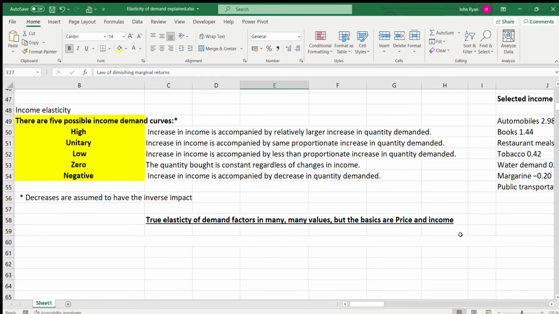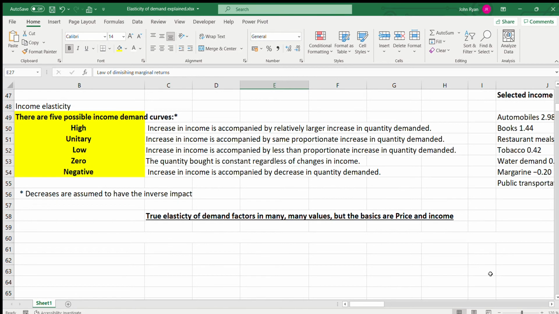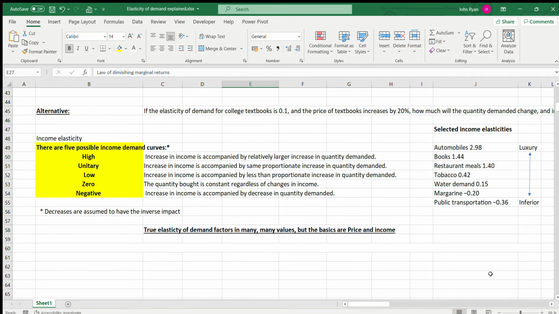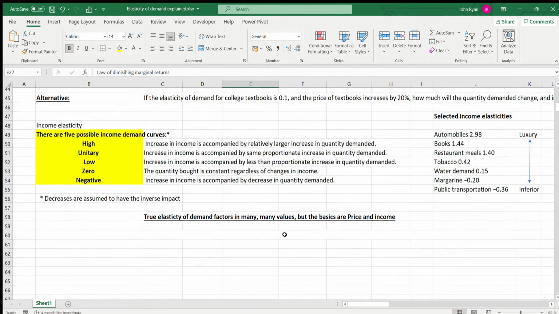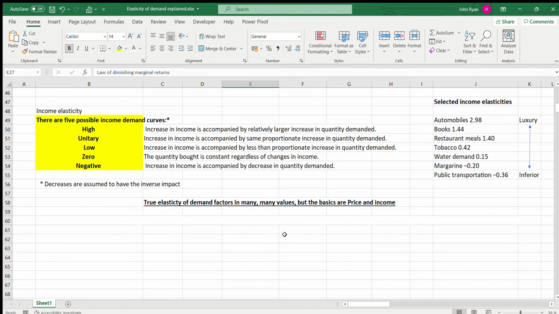Now, the other side to all of this, in the text here, is just to try and show you the 5 income demand curves. Now, this is assumed, so when we factor in the elasticity of demand, there's in fact more than just price. Of course, it can be, as we said, income. So what we're talking about here is income elasticity. So for example, luxury goods, and then inferior goods. So therefore the elasticity,